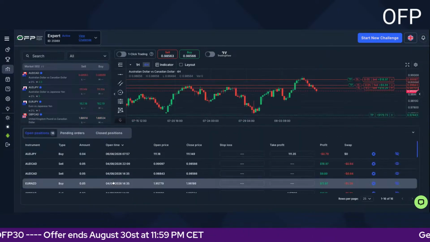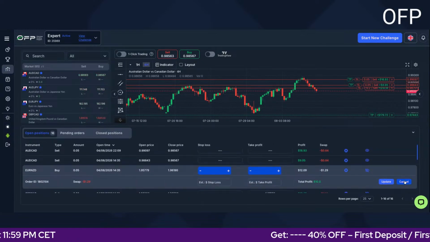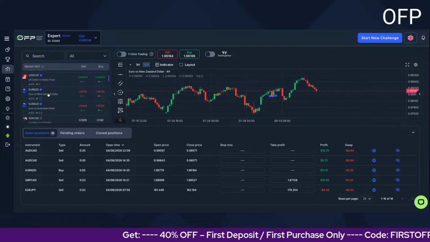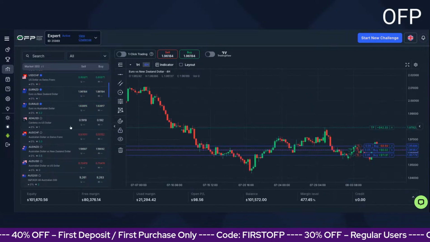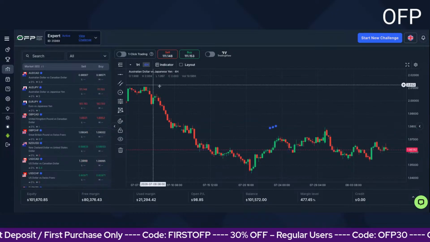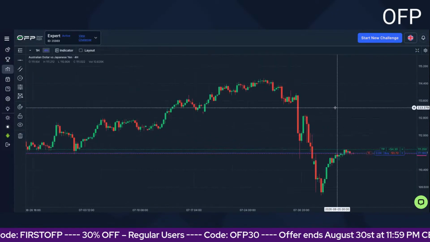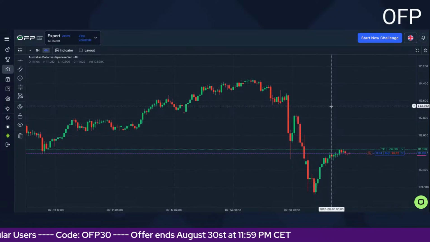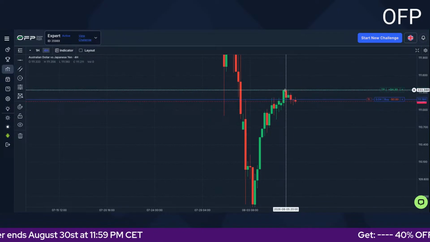Then Euro New Zealand. Oh, I shouldn't be pressing on this apparently. So Euro New Zealand, this is what we have on. In fact, we'll just go through this way. Let's start with Aussie yen. So Aussie yen, I'm in a buy apparently right now. So this is the buy I'm currently in, aiming for the top. Yeah, so we're just looking to make a new high.